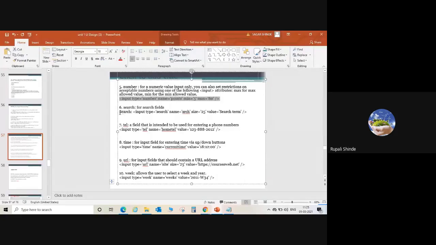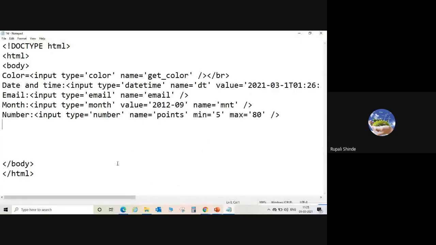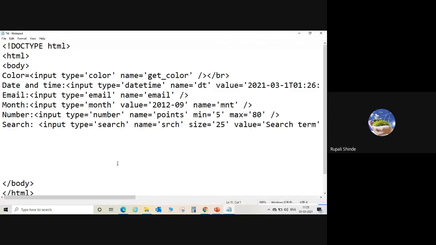The next is the search button. Search input type, search name, size, value, search term. You can change the value which occurs on that particular button.